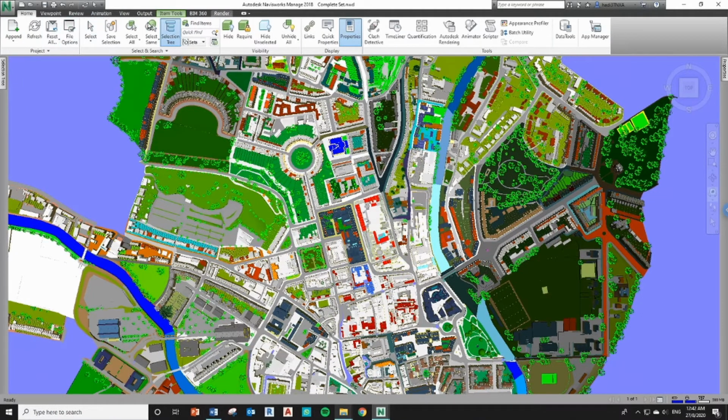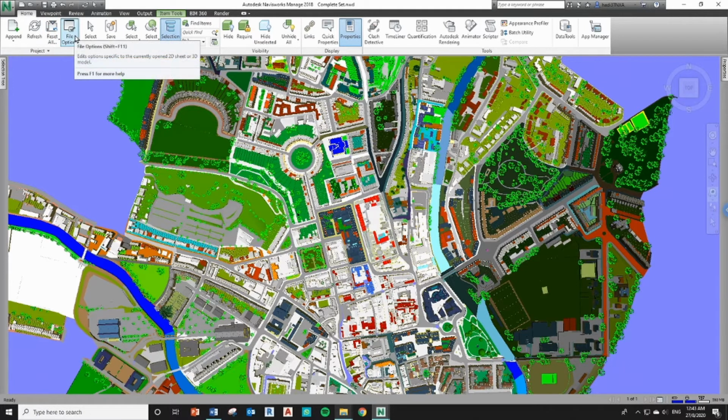Okay, so let's look through the toolbar above here. As you can see, under project we have refresh. If we are using an NWF, you can click on the refresh button to refresh any updates. As you know, NWF is an updatable file, based on links. You can reset all. If you have made changes, moved some item here and there, you can reset here. We will learn more on this in the next few lessons.